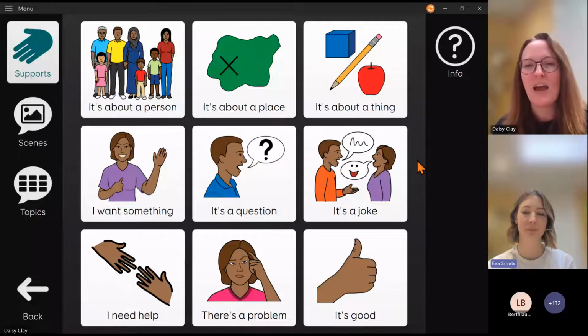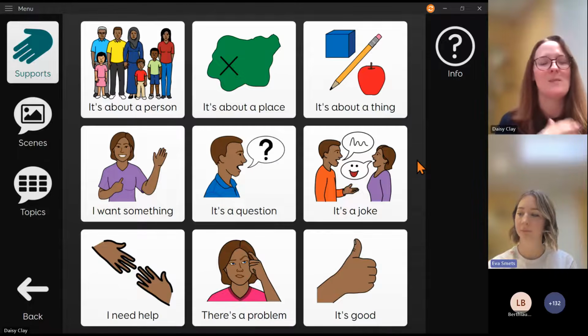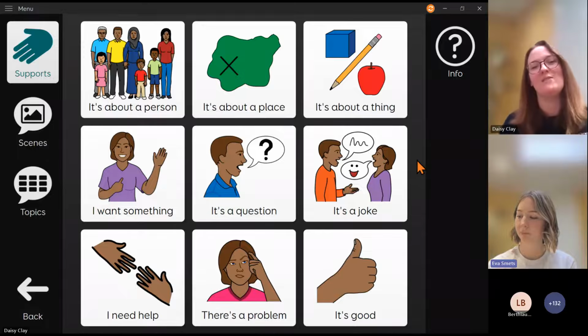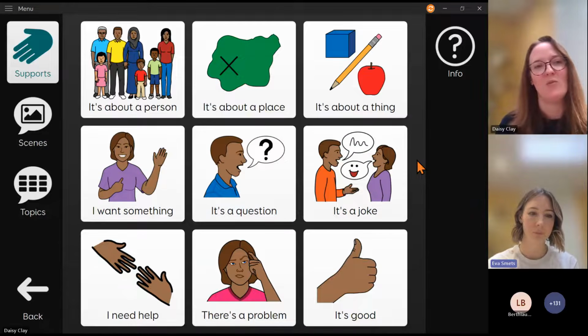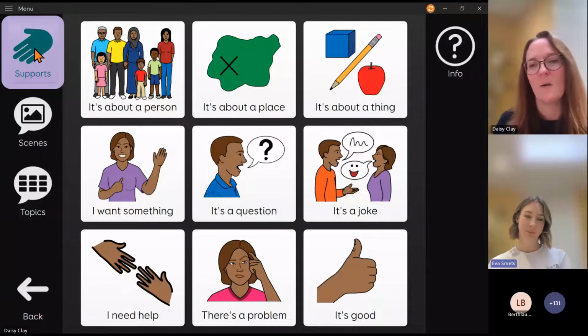So the Chat Help grid has been really, really helpful, and we've had a lot of positive feedback, particularly from communication partners. It's often been the family around the person with aphasia or the therapists that have said, this will be so helpful, and also ourselves, we've been using this during user testing. So not necessarily something that the person with aphasia is using straight away, or even at all, but still something that's been really helpful. And in some cases, it's been something that the person with aphasia has started to use further down the line when they've seen that it's been helpful for their communication. So that is Chat Help, and you'll see this in Duo 16 as well.